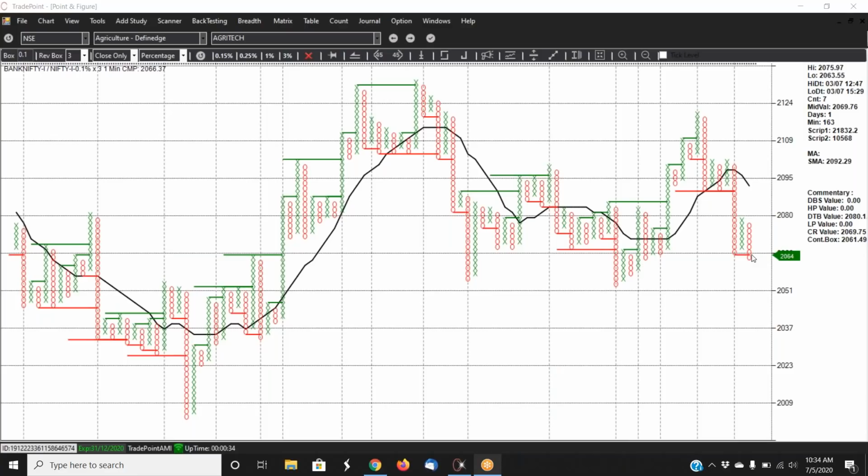See, this ratio is at 2066, which is not an exact ratio because it has been multiplied with corrections for the chart to appear on the screen. But as long as this ratio is at 2066, it has given a double bottom sell, and the stop loss will be the high of this column of X, which is 2078. So let's say 2080 will be the stop loss for this trade. Buy Nifty futures and short Bank Nifty futures. That can be a good trade with the stop loss of 2080 on this chart.